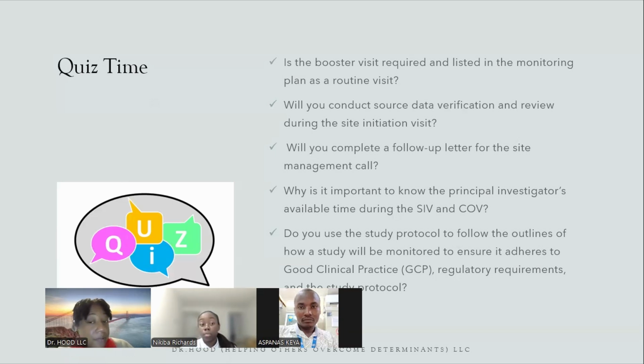Hopefully you don't have to reschedule the SIV. It just depends on the study team if they're going to make you come back out and physically be on site. But I'm hoping if you're able to do everything else, if you're able to do the tour, if you're able to talk to everybody else, hopefully they will accept a Zoom call. Same with the closeout. The site should not initiate